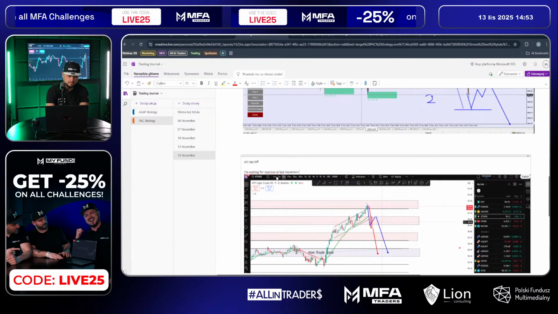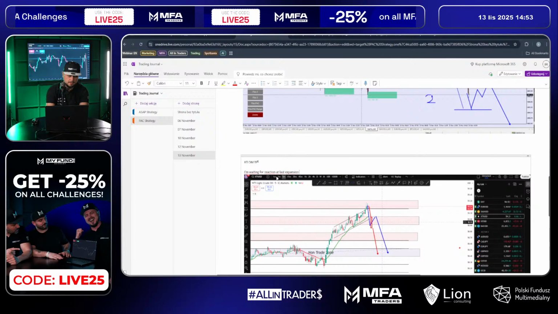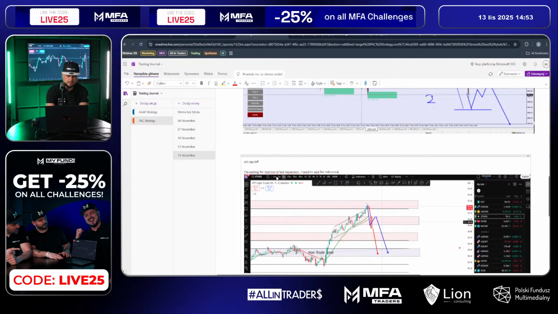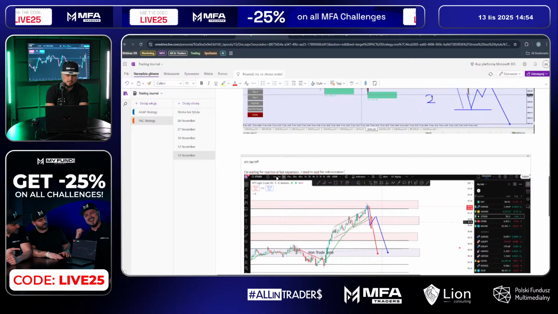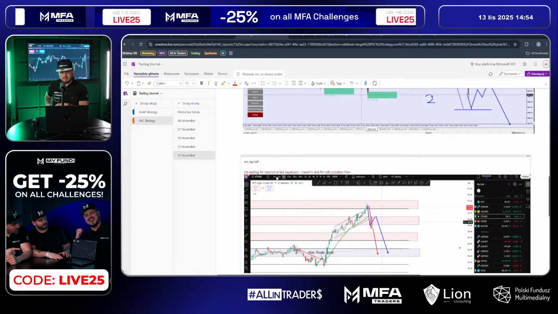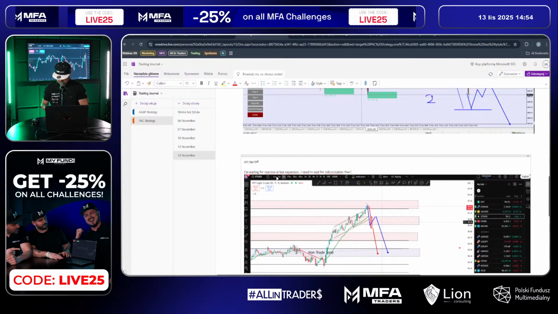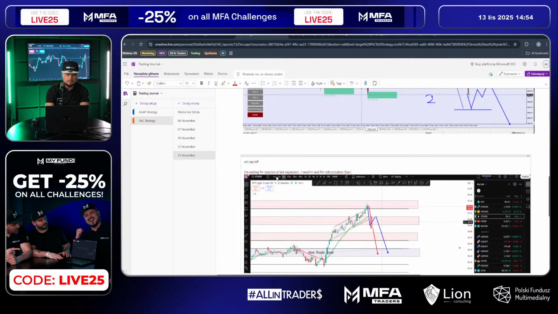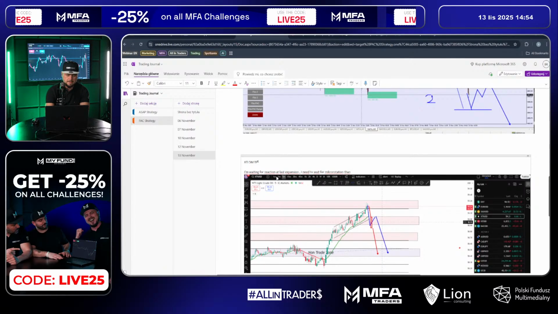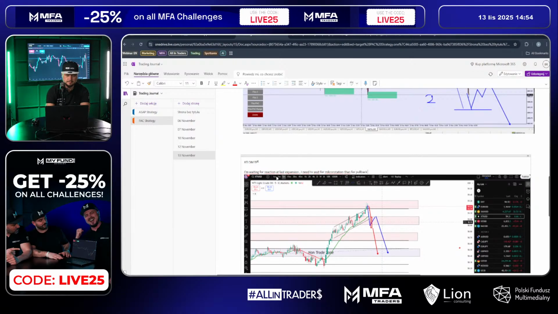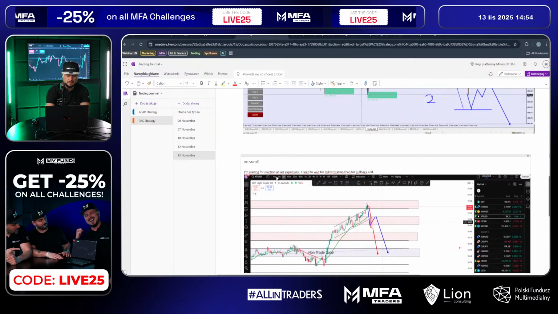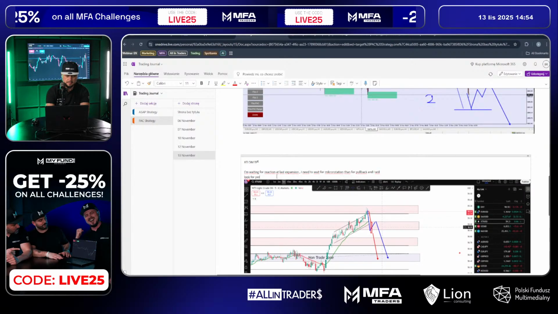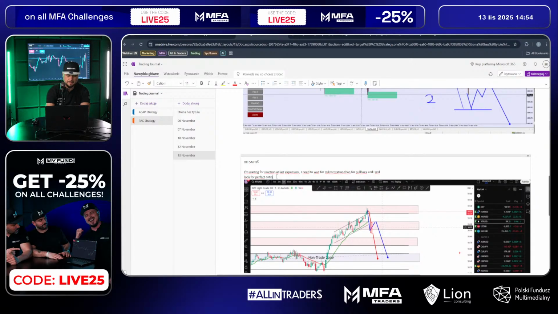I need to wait for a micro rotation, then for a pullback, and we'll look for the perfect entry. Second option,